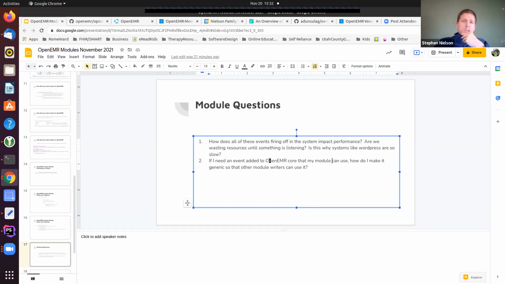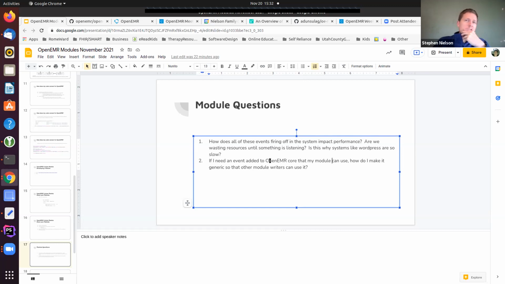So the more modules you have and the more that you do at the database, you can slow things down if you get to hundreds or thousands of modules interacting. But when there are only 20 or 30 modules installed on a system, performance is going to be pretty negligible if you're not doing an external network request.